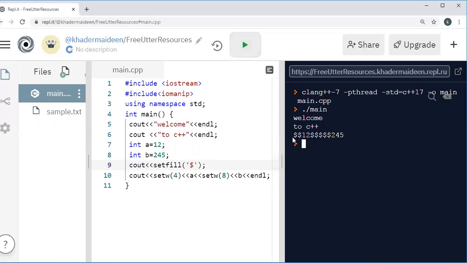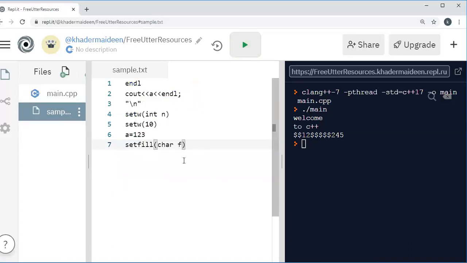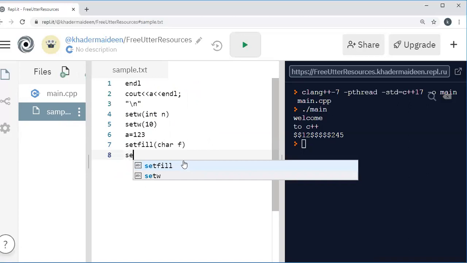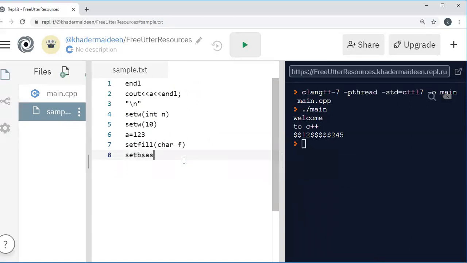Then next manipulator is setbase. This manipulator is used to change the base of the value: decimal, hexadecimal, and octal. Right. Let us see one example.